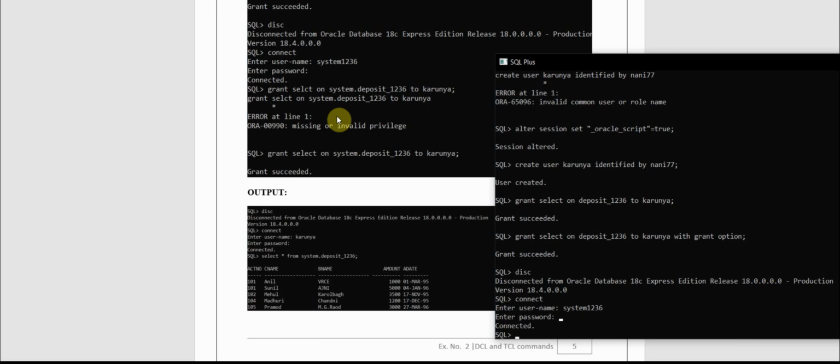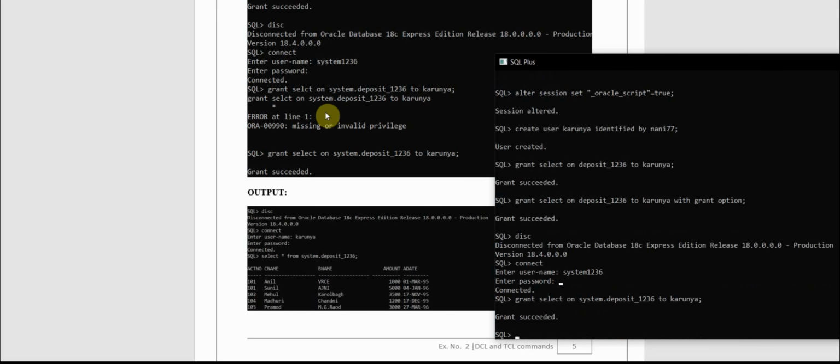Now grant select on system.deposit, no space here, system.deposit_1236 to Karunya.